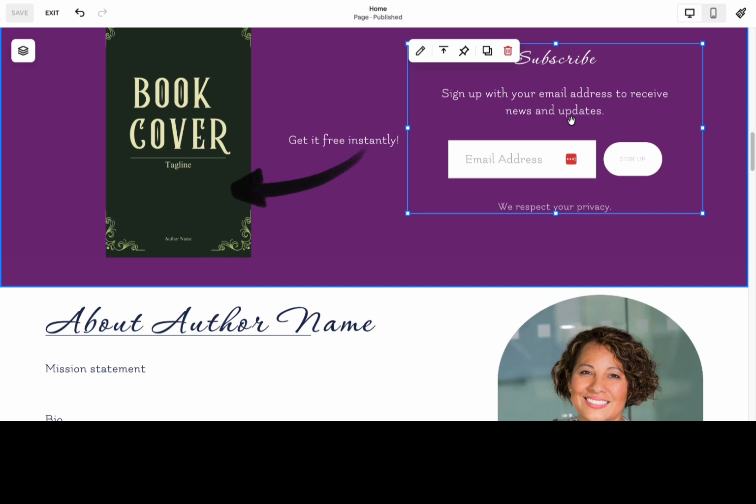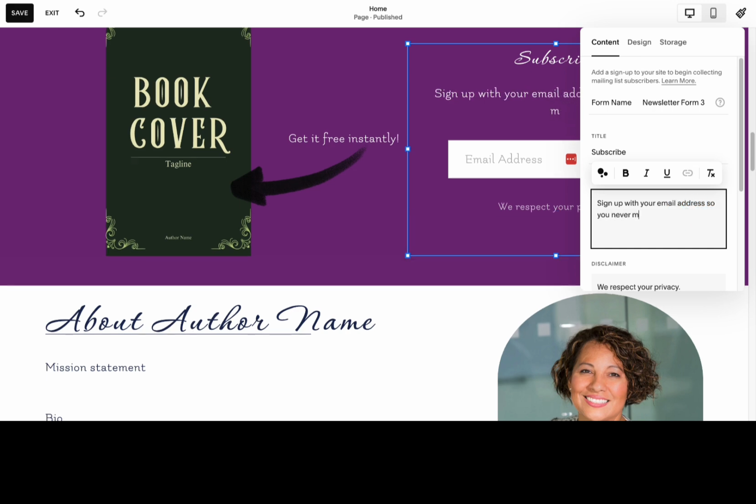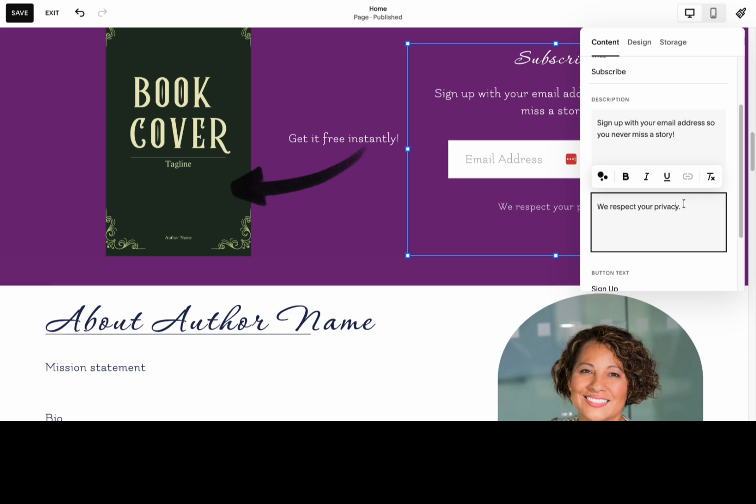Now I am changing the wording here on this form a little bit, because right now this is very generic. Sign up with your email to get news and updates. That's not what we're getting. We're going to send a free book or a free short story, which is also not written yet, but I'm just demonstrating what this could look like. So we have a bit of a better call to action here, and then move on to setting up all of the